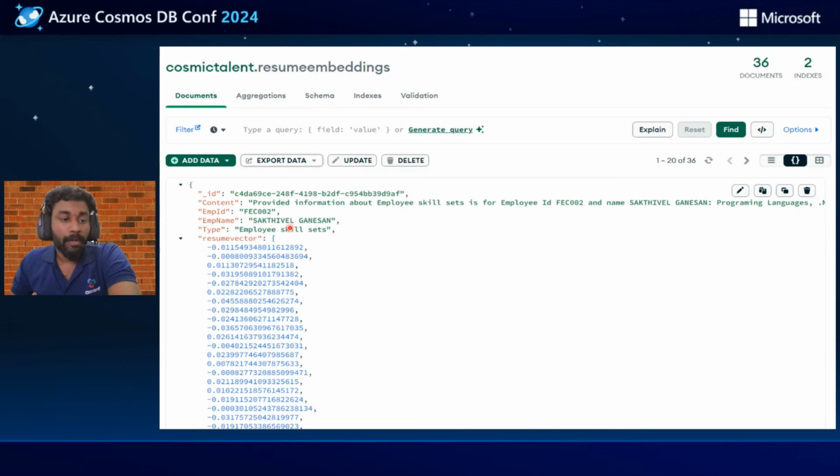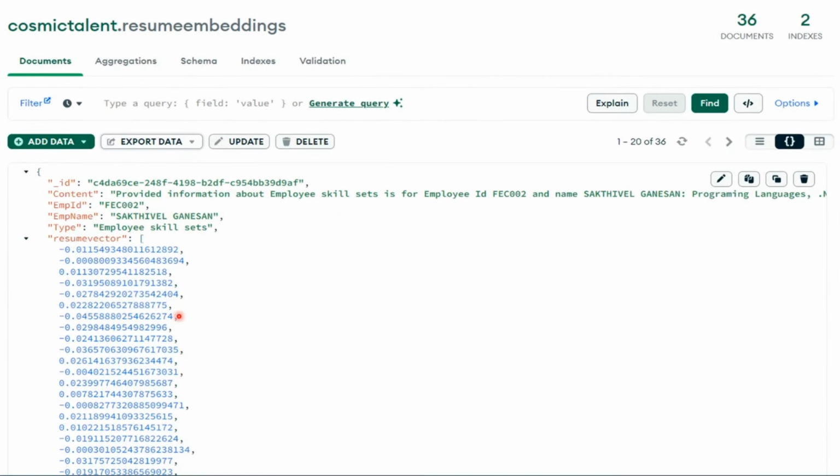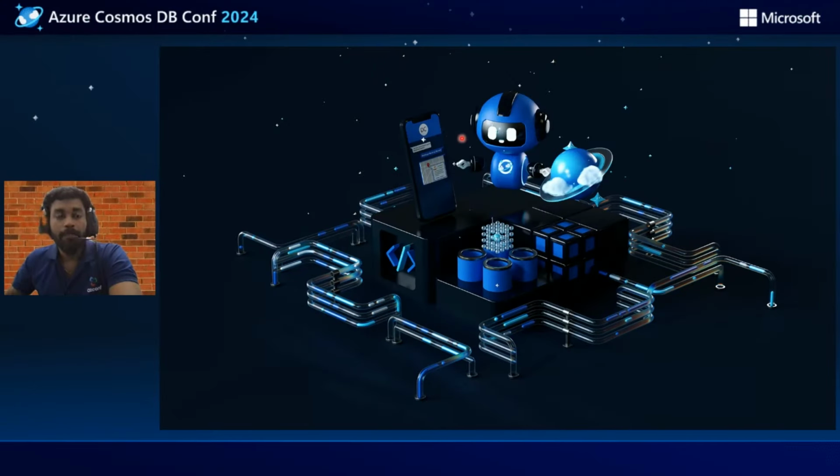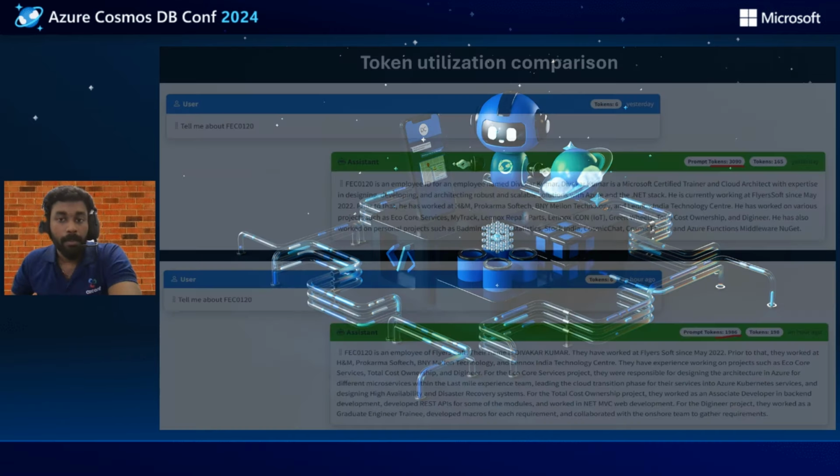So this is how it looks in the documents. Each of these chunks is stored in an individual document, and you can see you now have the operational data along with the vector representation of it. So now that we have done the semantic chunking along with the refinement of the RAG flow,